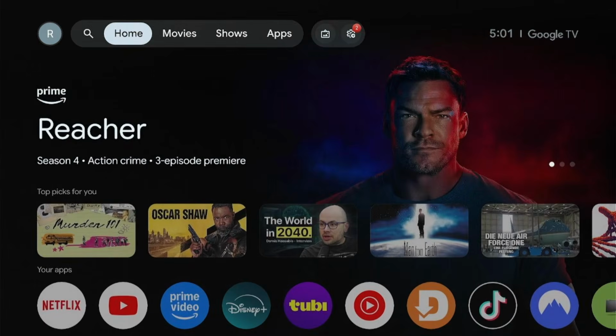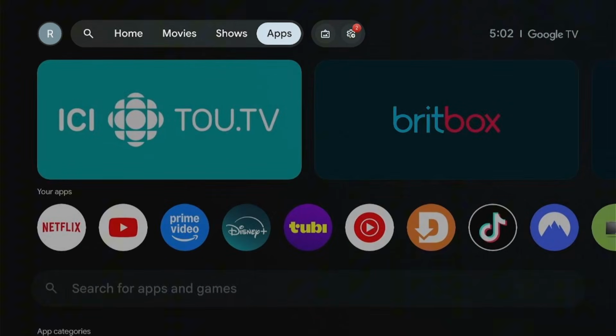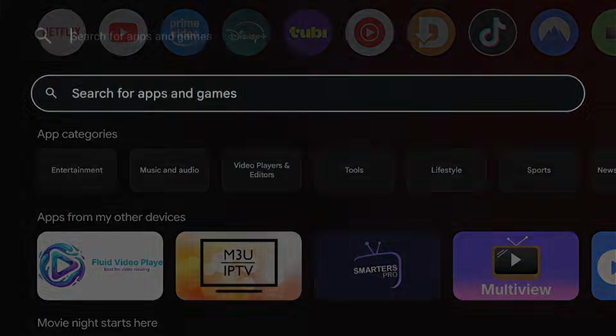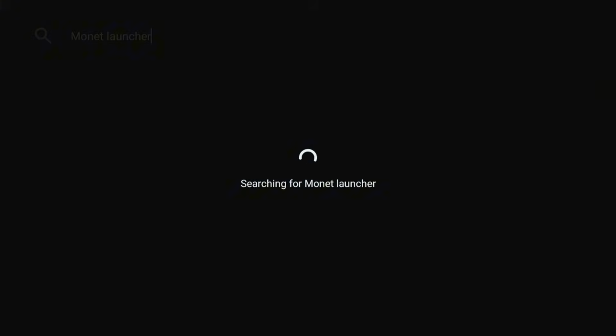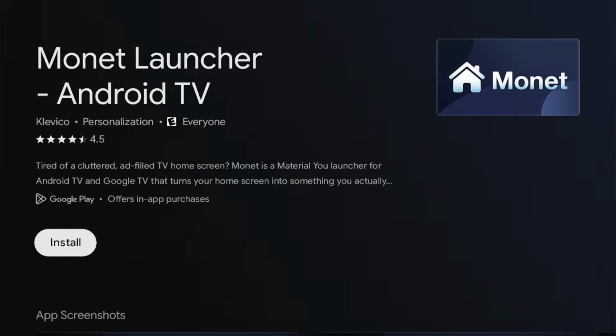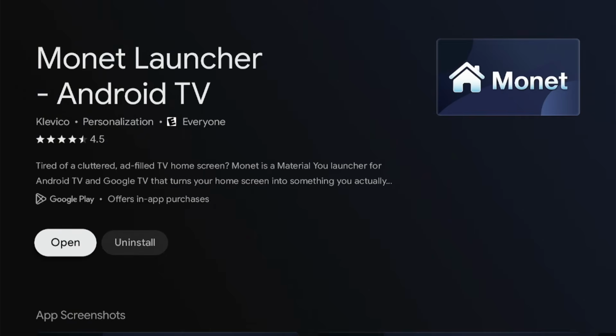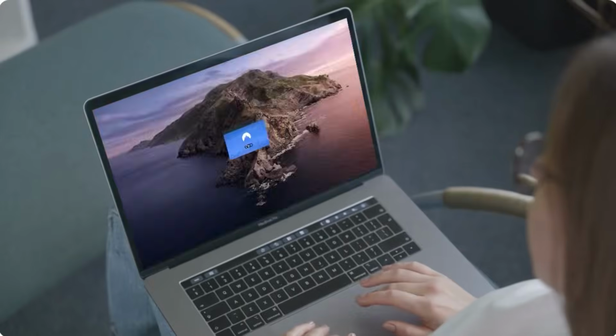To start, from the home screen, pan over to the Apps tab. Go to the search box, search for Monet Launcher. Click on it and click Install. But when the installation is complete, don't launch it, because before launching any third-party apps, I like to connect to